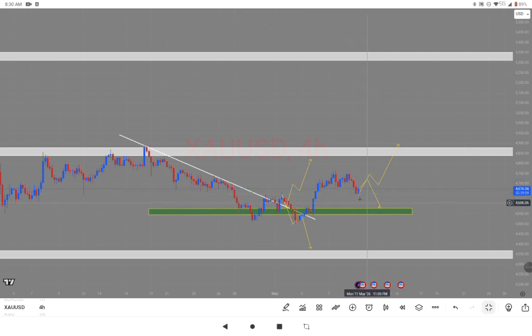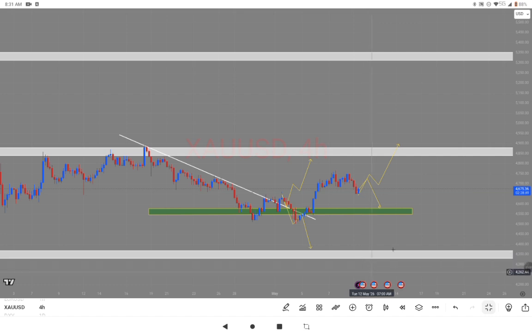So these are the two scenarios that I'm expecting for gold this week. You know that gold is very volatile. You cannot expect it to just go up like this and end here. So I'm just keeping this as a scenario, because I know that if gold should come here and start dumping to the downside, once we break here, the next level is back to this white zone, which is around the